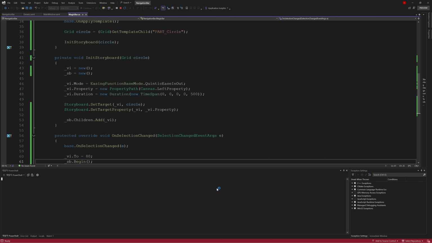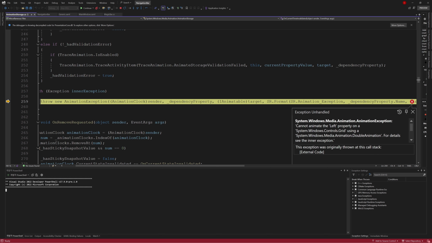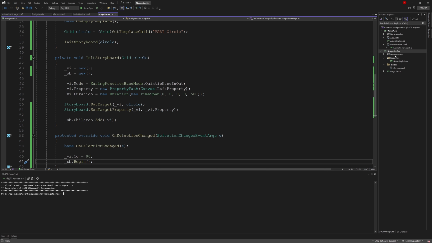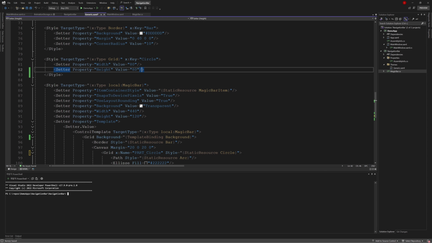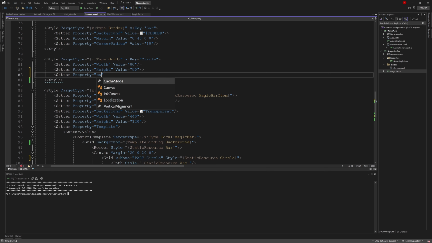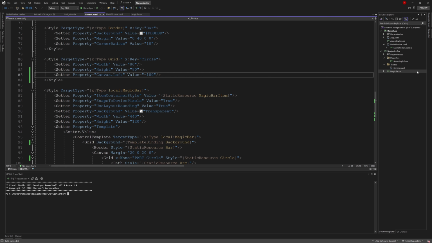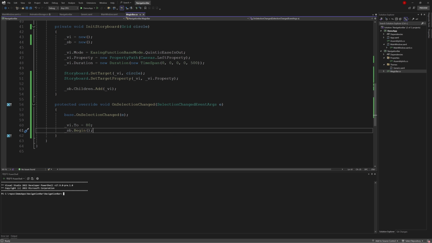Let's run it. As expected, there's an issue. Let's take a closer look. There's no initial volume. Yes, we haven't set the initial position. How can it move to 80? So we're back to demo and set an initial position for the circle. I want it to start outside the bar area, so we set it to -100. Now it can run normally. However, since we set the fixed volume, no matter where we click, it will only move to a fixed position.